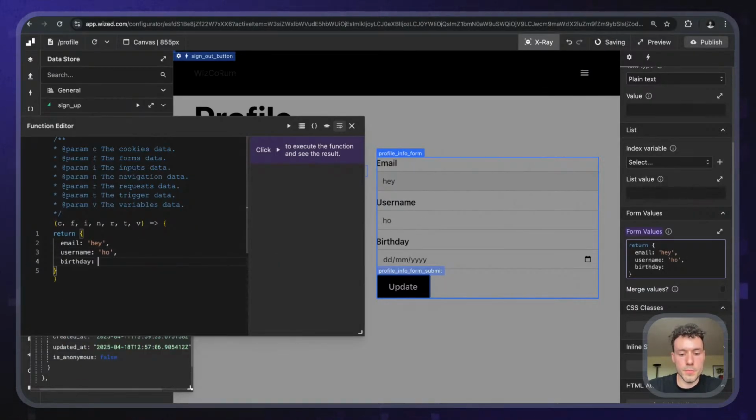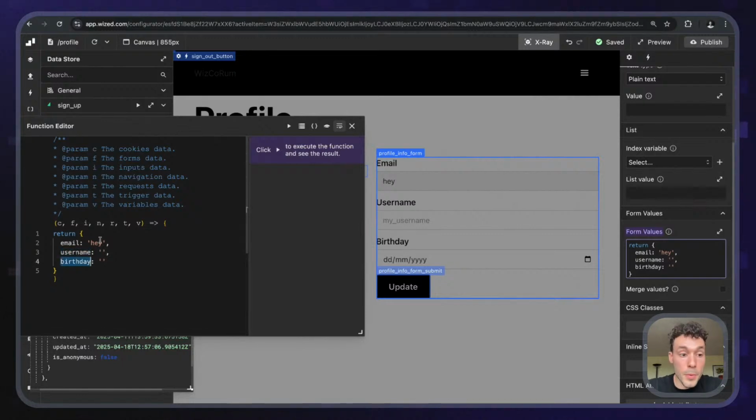birthday, I don't know, let's do 0101 9. Is it gonna work like that? No, I think that's the other way around. It's 90101. Is it like that? I think that we have to pass it as an ISO date. So let's skip the birthday for now. We can do that later. Okay, great. So you can see how we can prefill this,